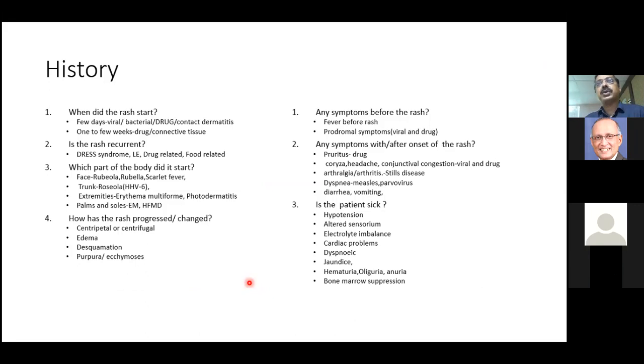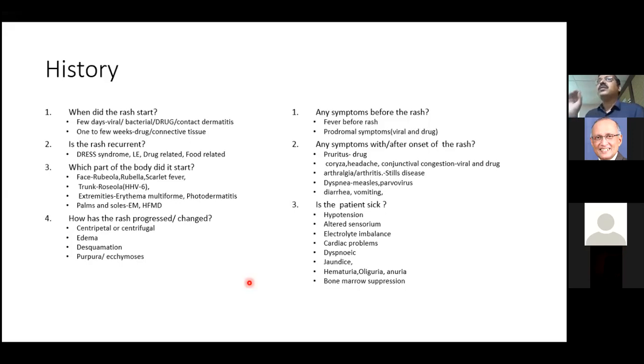If it is a few days of origin, think about either a viral or a bacterial etiology or even a drug etiology. So hardly a few days duration. Or it could be a contact dermatitis which can be presenting as a maculopapular rash. Say for example, somebody develops a fabric contact dermatitis, he has worn a new dress and the areas of contact with the dress are on the abdomen and on the chest, or with sparing of the vault of the axilla, we think that it is possible a fabric contact dermatitis. So the areas of contact give us a clue. Whereas an exanthematous eruption arising out of a viral fever would be involving the entire trunk, right? So these are pointers to see.